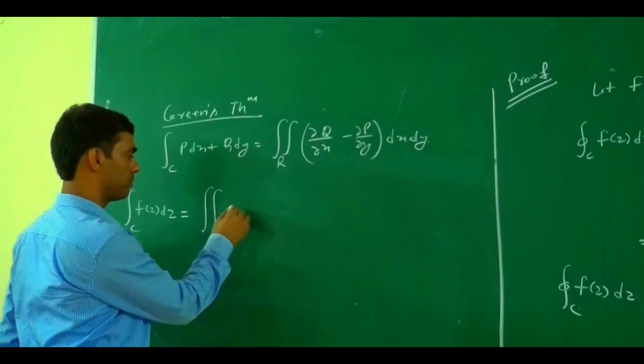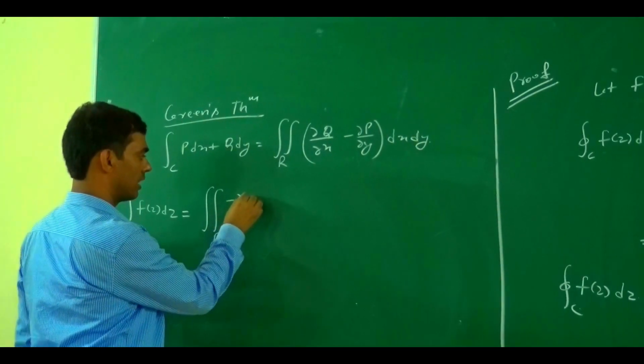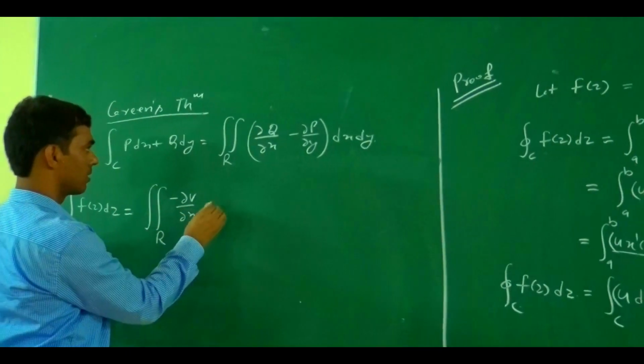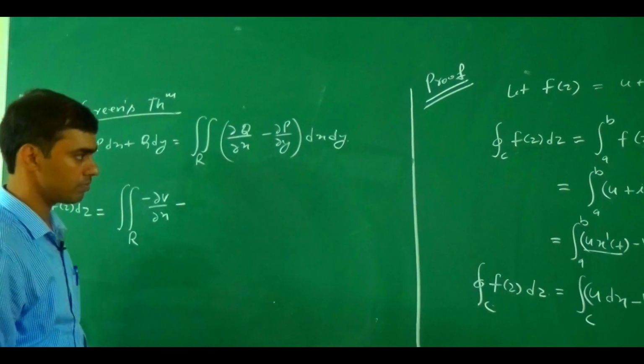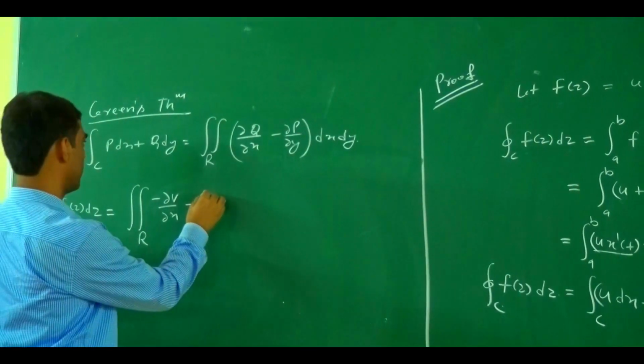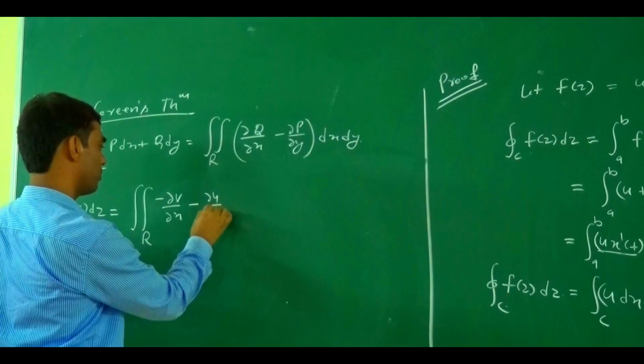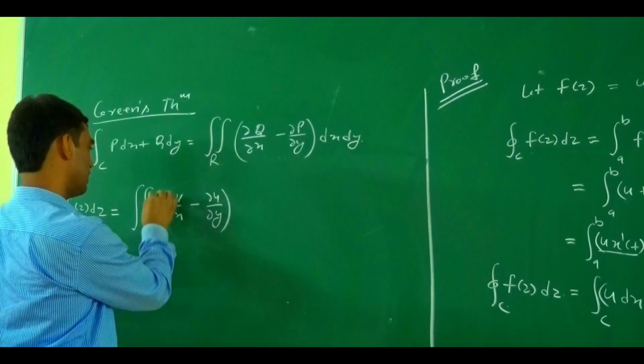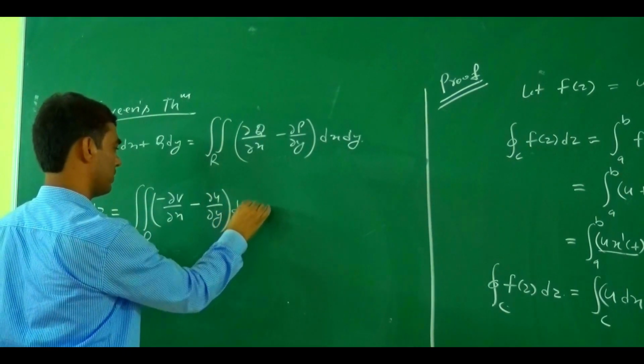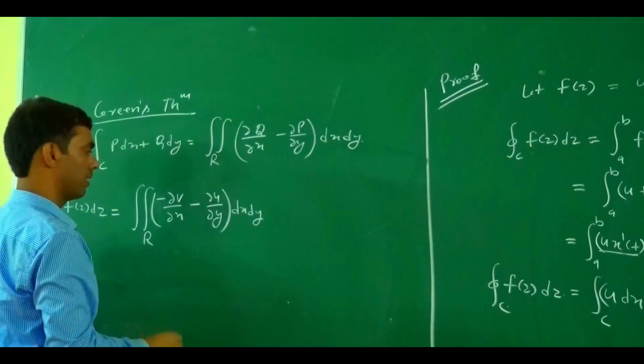So this becomes minus del v upon del x minus del u upon del y, dx dy,